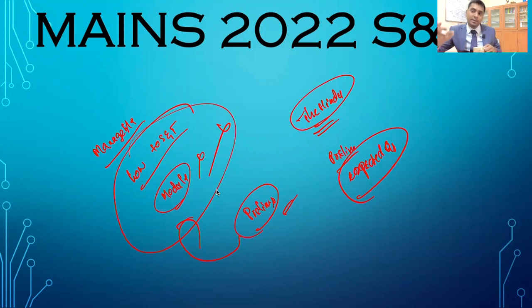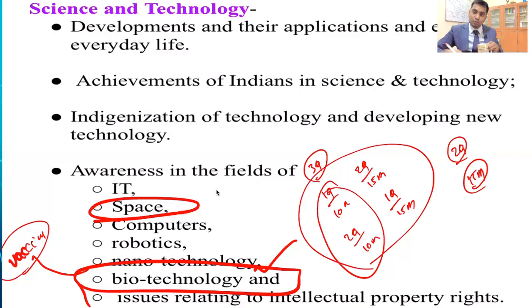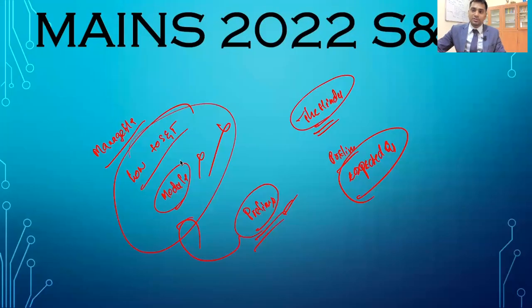You are having that time, do it for prelims itself, because in prelims itself you have to study about space technology, information technology, right? Computers, you'll be studying about biotechnology, IPR rights. So don't study separately, don't bother about science and technology unless you clear prelims. After clearing prelims, you can do this, not a big deal. So keep this module aside.